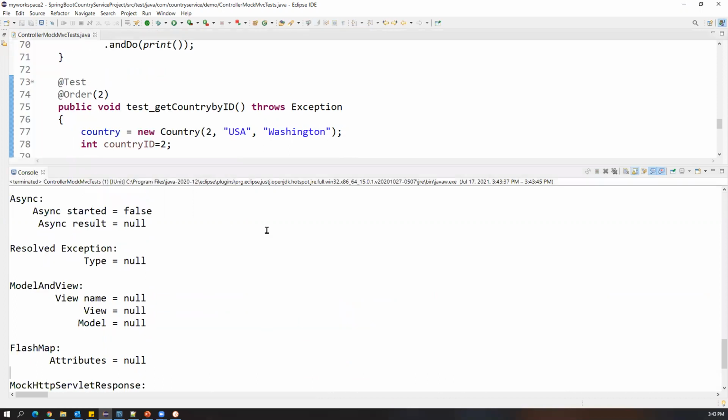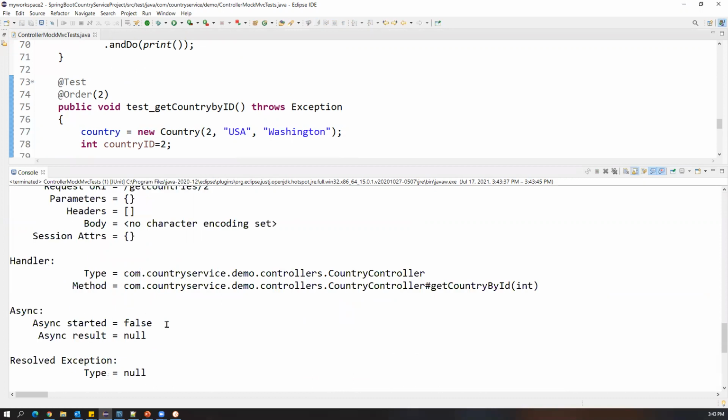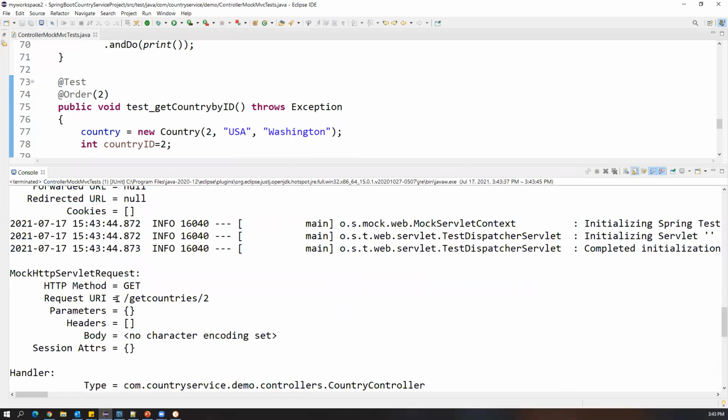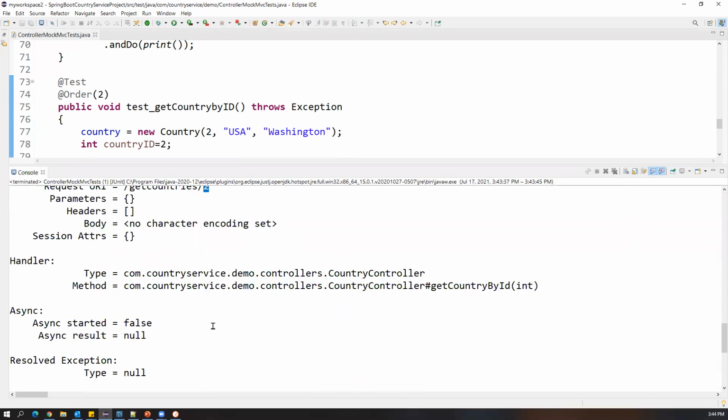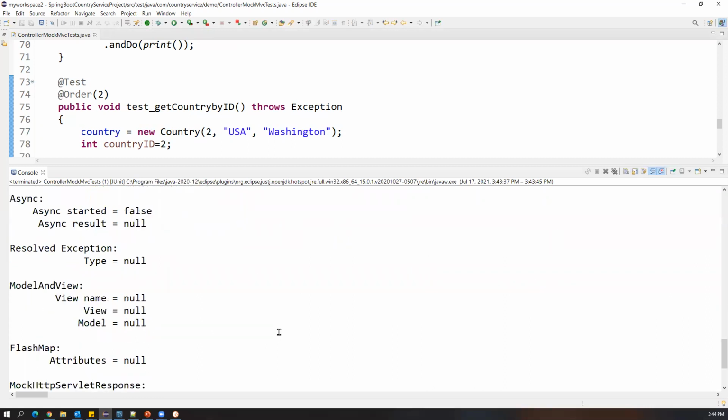And if I look at the response of the last one, the second method, we are sending this get request and we are not passing any parameters or header because this is just a path parameter, not a query parameter. If it is a query parameter, it will come here. No headers, no body we are sending because it's just a get request.